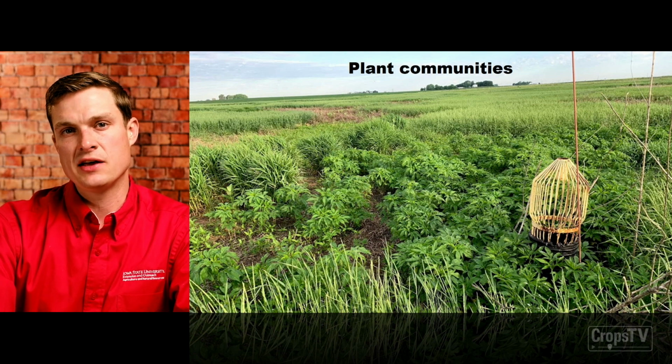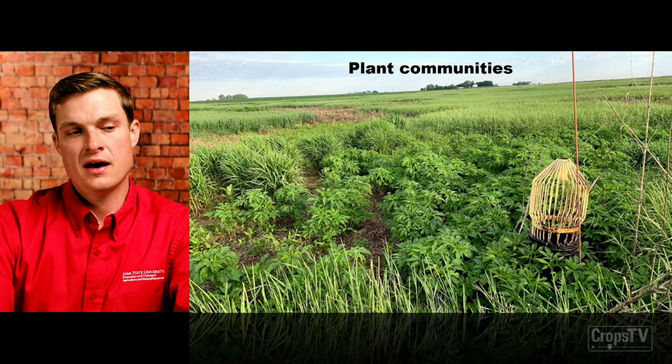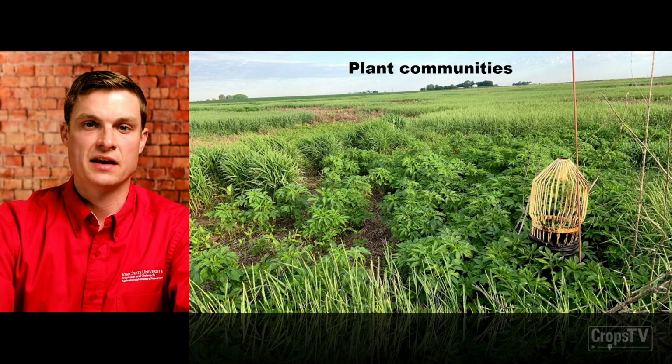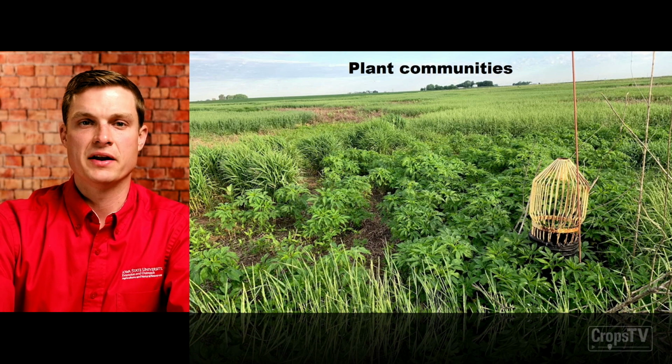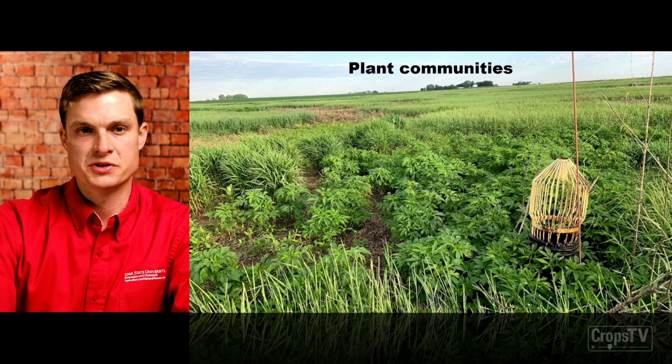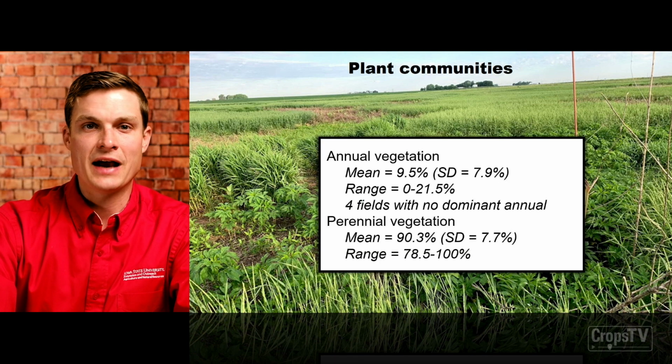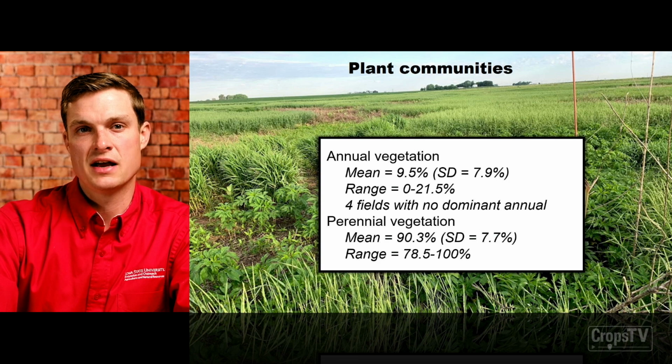We also did this evaluation to understand how much of the field was in annual plants versus how much of the field was in perennials. The dominance of annual plants may indicate challenges. For example, here, close to this intake for the tile that used to be in this part of the field, this has been modified to come up higher out of the ground than it would when it was in crop production. But we find that there's a lot of annual plants in these areas that are really flood prone. And so what we found is that about 9.5, or around 10%, of these areas in the field were